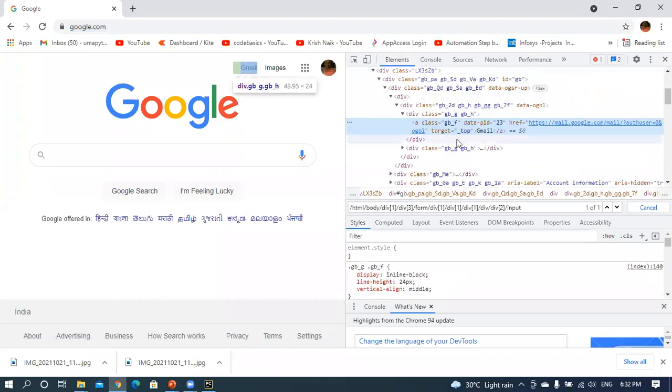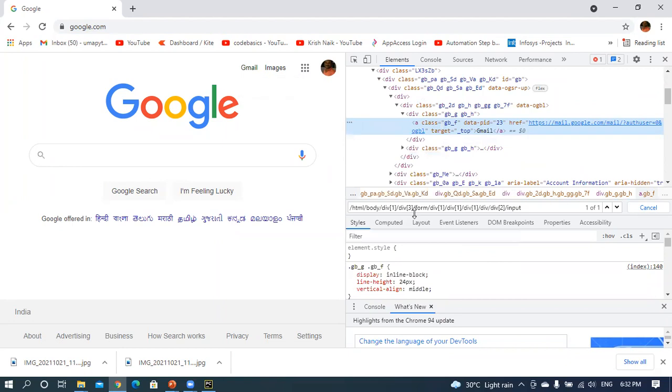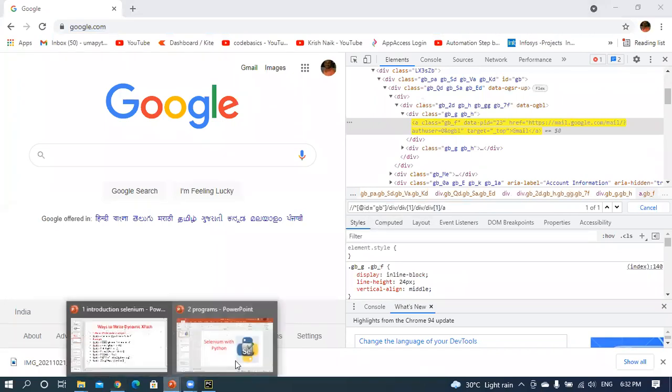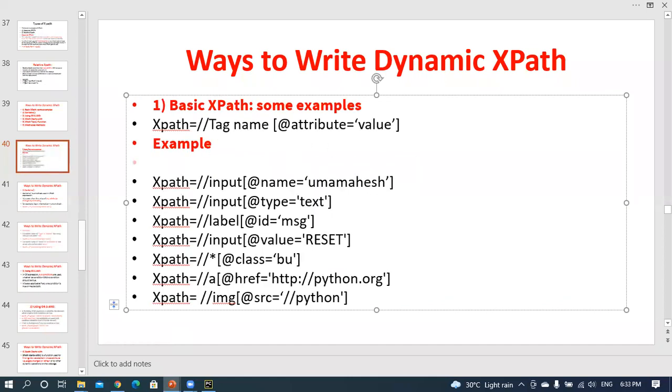Gmail, inspect the Gmail. Here, in this particular case, I am taking the XPath like this. For example, this is an XPath. In this particular XPath, how can you represent it? The same value I am taking. For example, from the Gmail account, I am taking this XPath like this. Here, how can you get it?